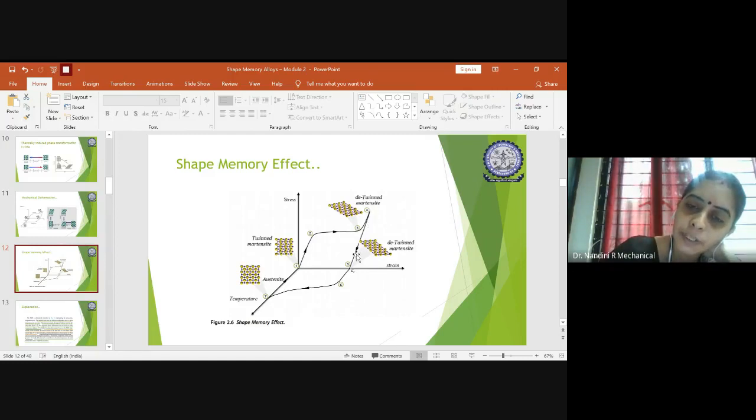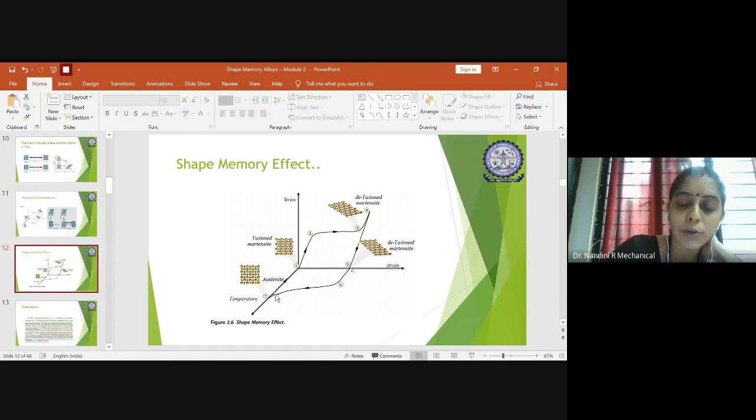After the removal of the temperature, one more twinning will be here. At this stage, the strain will be totally zero because there is no increase in the temperature and the cooling part is coming. As a result, the elastic deformation of the material is coming to regain its original position. So gradually it comes down from 4 to 5, from 5 to 6, right? And here the temperature is almost room temperature. From here it goes back from 7 to 1, which is the original position of the shape memory alloy.